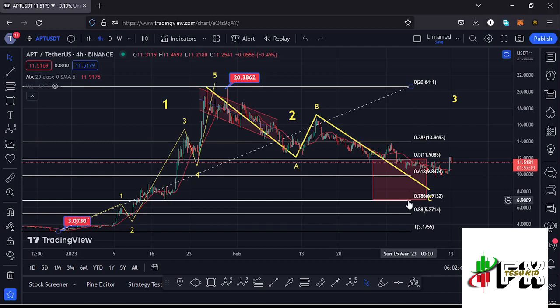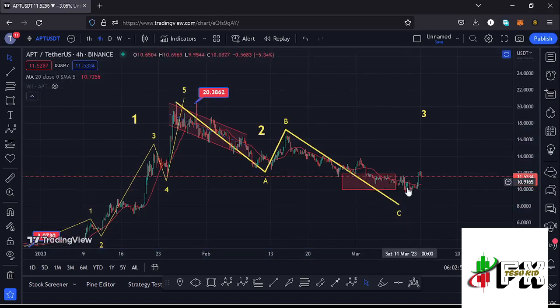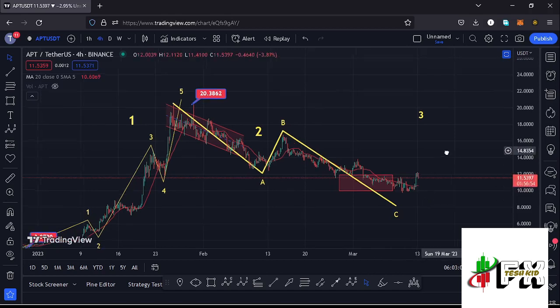which lies between the fib level 0.5 and the fib level 0.78, which is a target area that we have not yet fully maximized to the fib level 0.78, but we have fully maximized the target area between the fib level 0.5 and the fib level 0.618, which is still a minimum retracement area to the lower side in the formation of that larger Elliott wave count 2, suggesting that there are chances that we might have bottomed out in the formation of that larger Elliott wave count 2 by the low that we made at around the $9.7 mark,